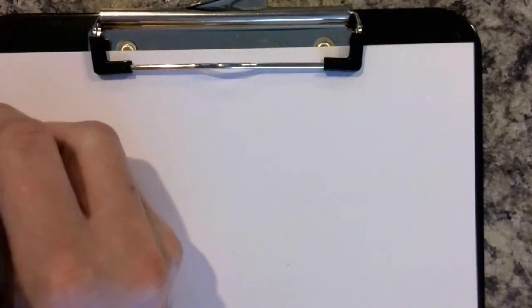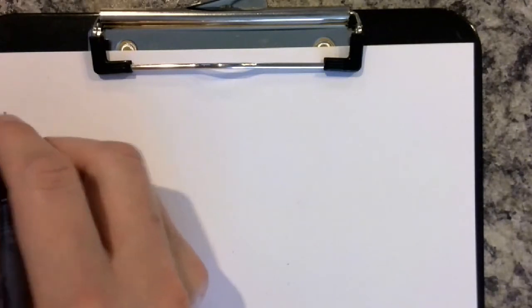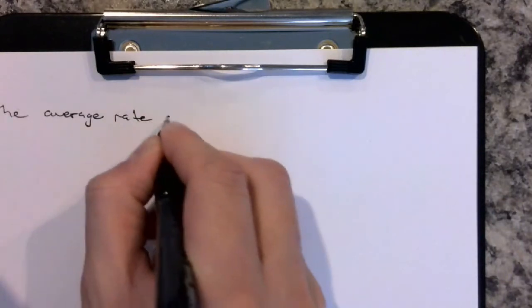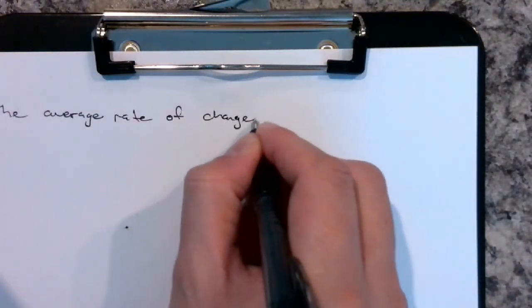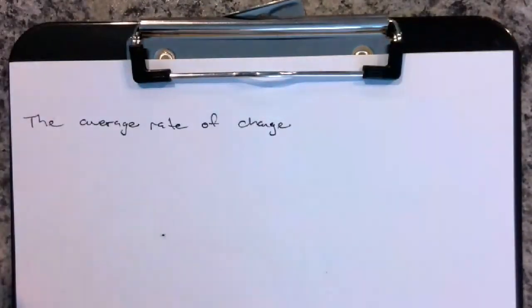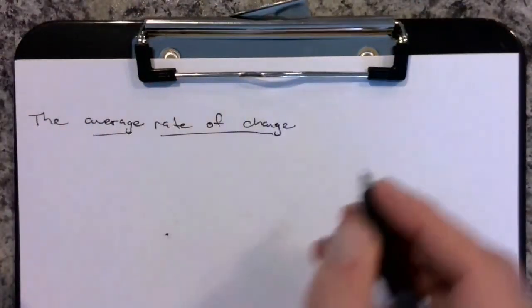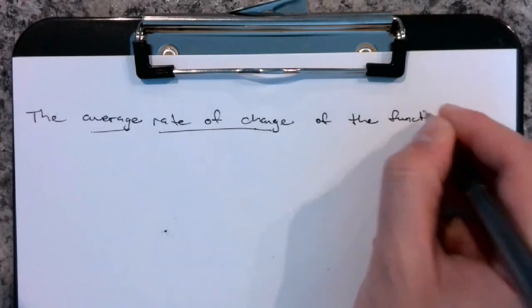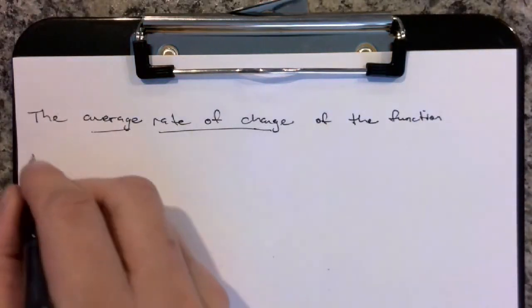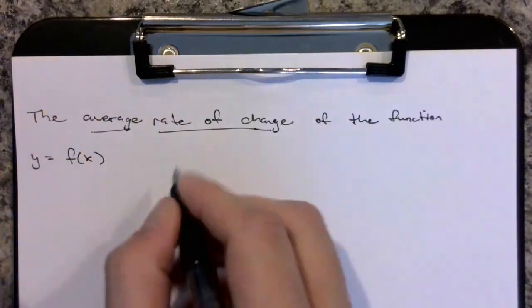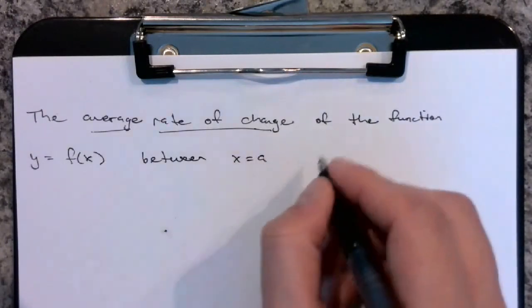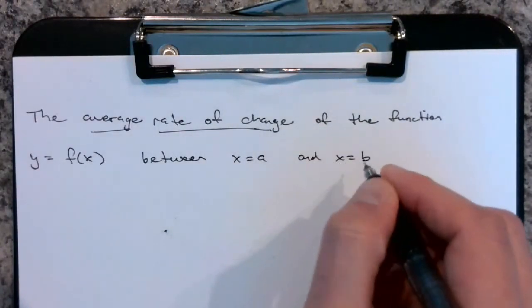So the average rate of change of the function y equals f of x between x equals a and x equals b is